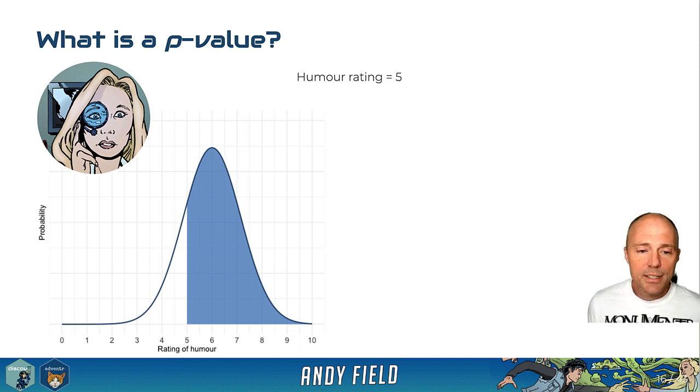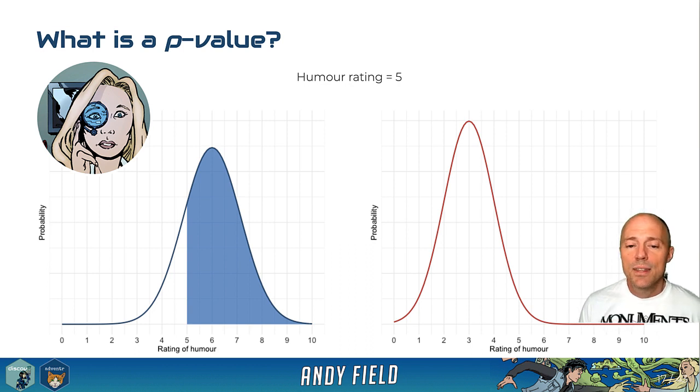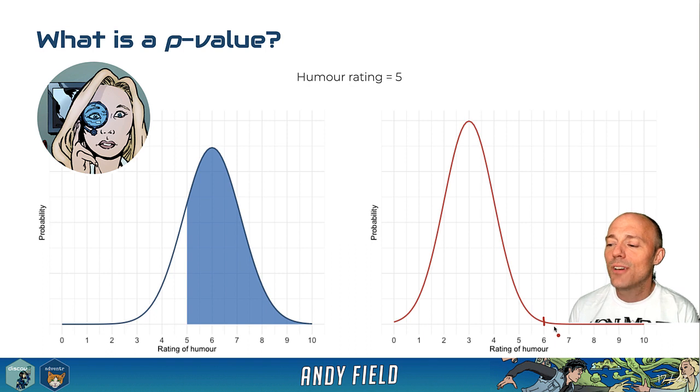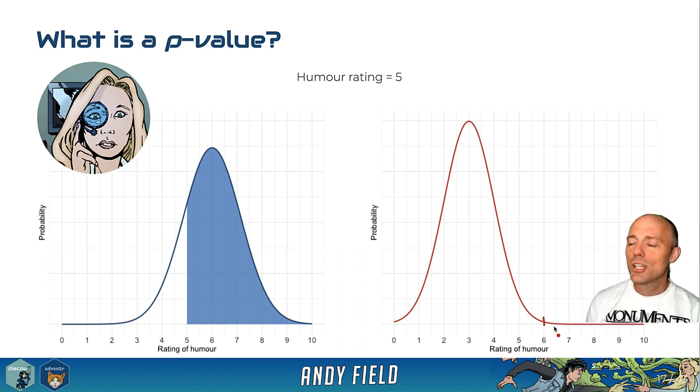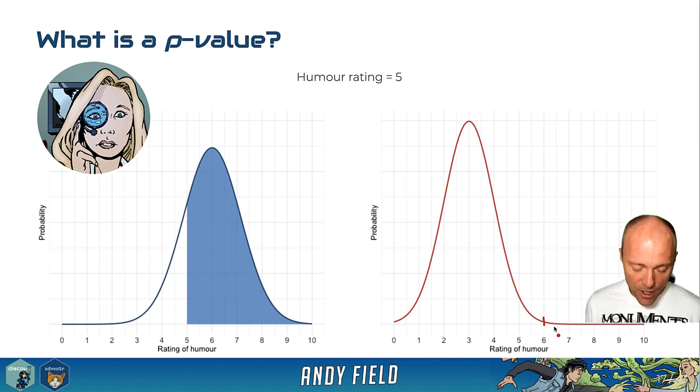Now let's imagine a different scenario. So let's imagine her ratings look like this. In this scenario, Alice hardly ever gives a rating more than 6 when she doesn't want to date someone. Basically never does it. So how does Zach's rating of 5 shape up if this were her distribution of humour ratings? Well, in this scenario, it's looking a bit better for Zach, to be honest,